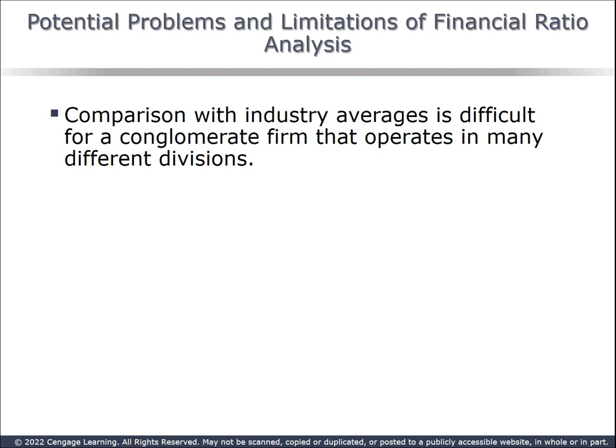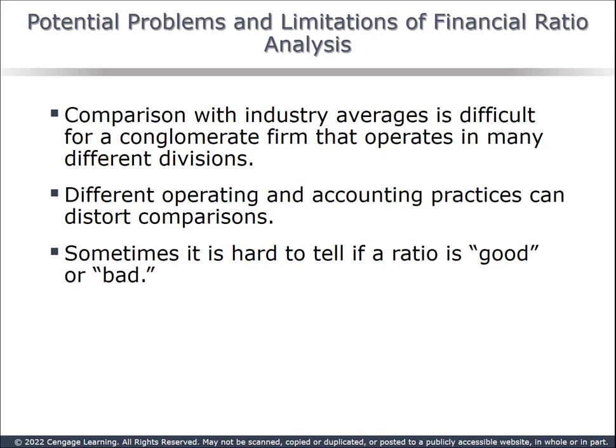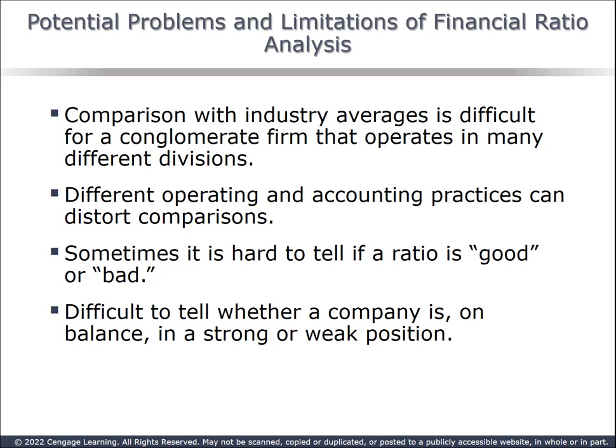Numbers are great for comparisons, but there can be problems. Comparing to industry averages is fairly easy if the firm being analyzed is in a single industry, Lowe's versus Home Depot, McDonald's versus Wendy's. What if it's a conglomerate, like General Electric, who makes light bulbs and aircraft engines? Insiders could have access to division data, but outsiders are going to see consolidated statements. Even with all firms following generally accepted accounting practice, there's quite a bit of managerial discretion as to how some numbers are handled. As we've seen, without a benchmark for comparison, it can be hard to know if a number is better or worse, if the company is in a good position or a weak position.